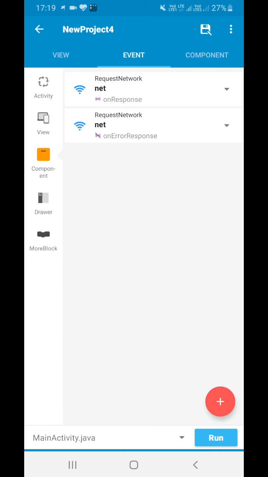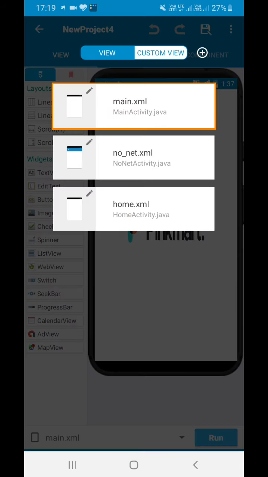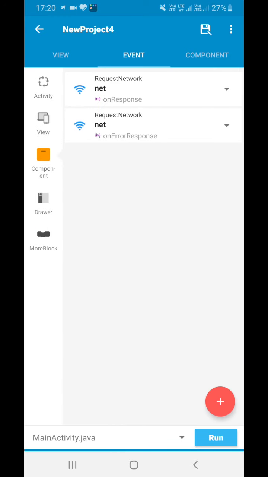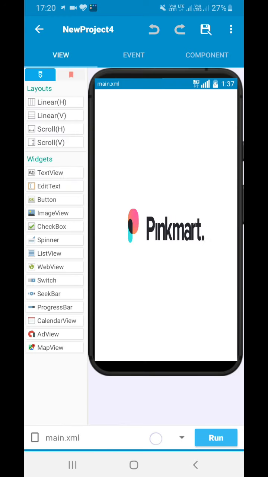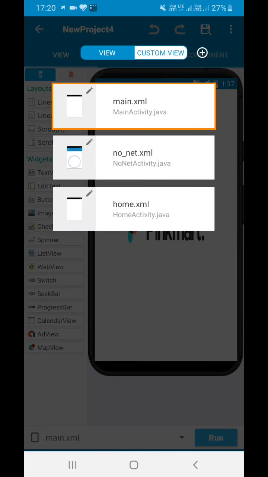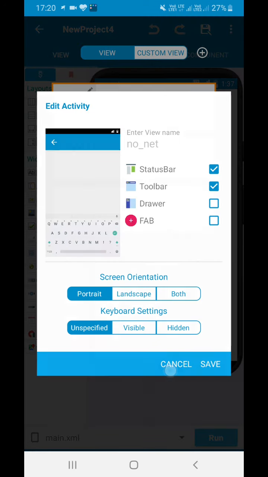Then we have to create two more page activities. I have created a no net activity, no_internet.xml, and I have created another activity as home.xml. To distinguish between the two, I have given one a toolbar, and the other does not have a toolbar.